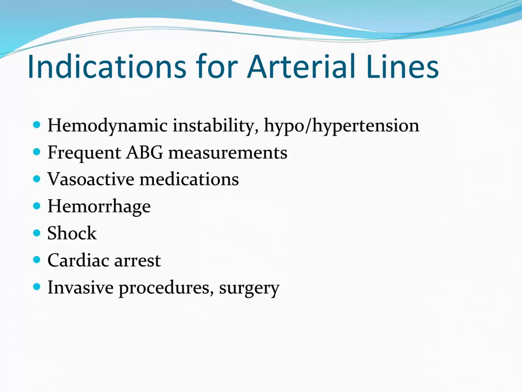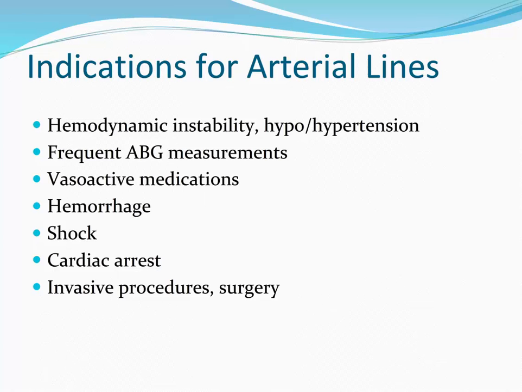There are several indications for arterial lines, as you can see here from the list. Let's just go over this list. Hemodynamic instability, hypo or hypertension, vasoactive medications, hemorrhage, shock, cardiac arrest, during invasive procedures, and surgery. The other way of looking at this is anytime you need to provide close or continuous blood pressure monitoring, as in cases of hemodynamic instability for whatever clinical reasons, and or frequent phlebotomy or ABG measurements,